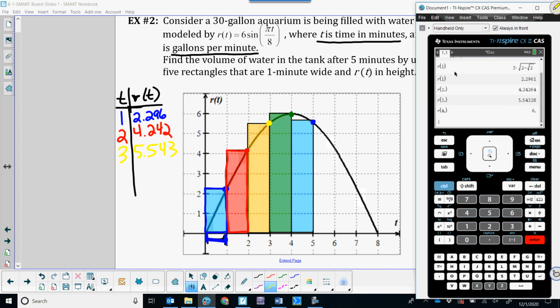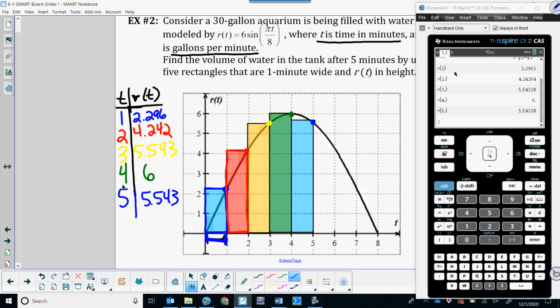We get 6. So that one was nice. It comes out 6, at least to the number of decimal places that it's keeping. And then R of 5 is our last one. Again, sticking that decimal point in so it just goes directly to our decimal answer. So when we plug in 5, we get